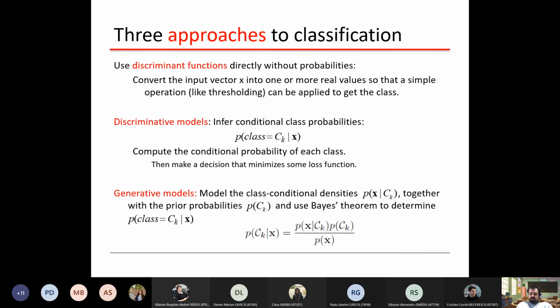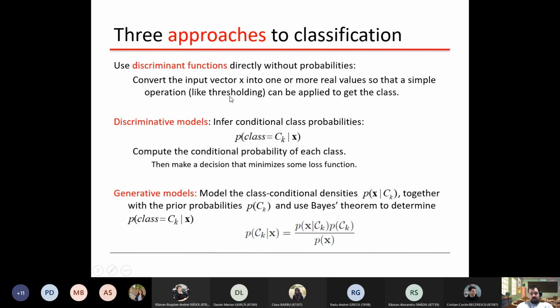Now, as I told you in the previous lecture, there are 3 different possibilities to use in classification. Either use a discriminant function, which directly maps the input data into output data, so in our case, into the class of the input data. So it converts the input vector x into one or more real values, so that a simple operation like thresholding may be applied in order to obtain the class. But we don't have probabilities. It is the easiest way of doing classification, but however it is prone to multiple problems that I presented in the previous